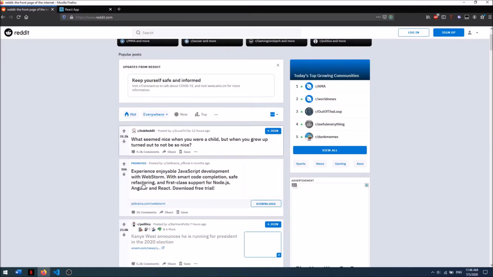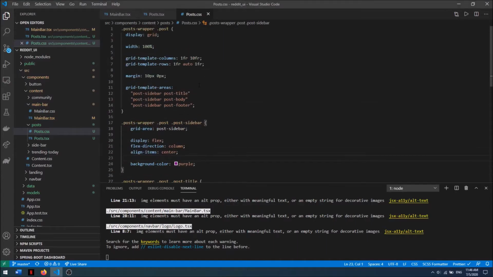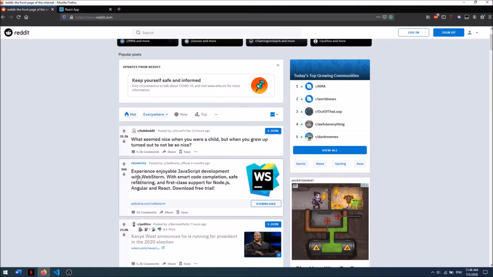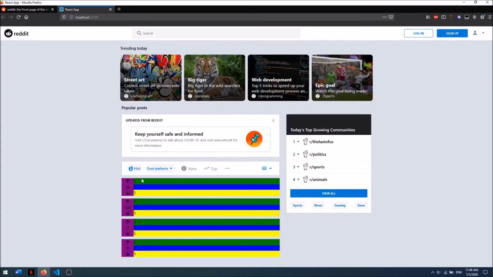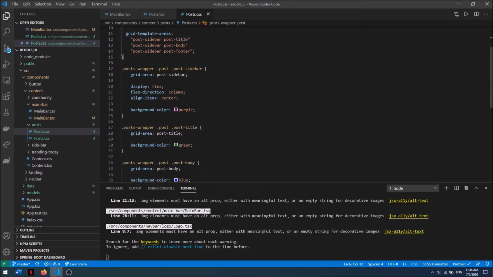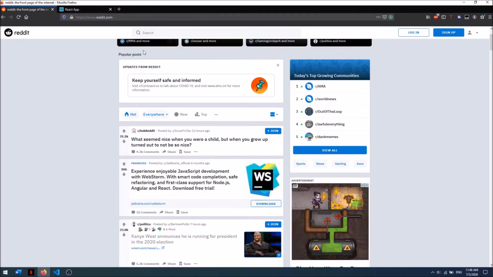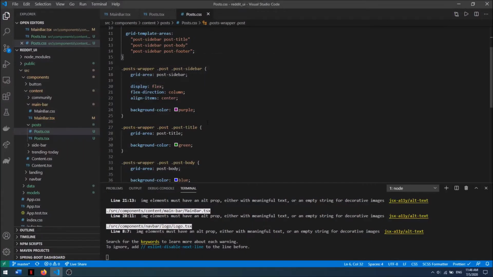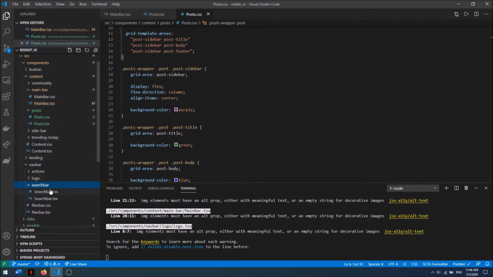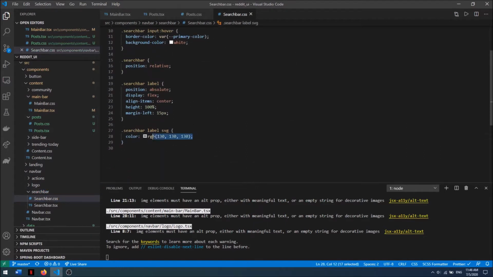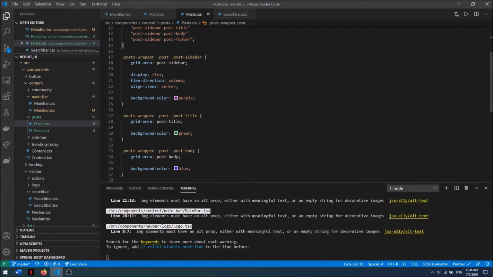And then I want to decrease the size of the sidebar a little bit. So I think I want to say that the main bar has to be 12 fractional units, like so. And then I want to make the icons a little bit more grayish. So I'm going to look if I'm using that color elsewhere. I think that the search icon also has this color. So I'm going to go into the search bar that is in the nav bar right here. And for the search bar icon we have this color,